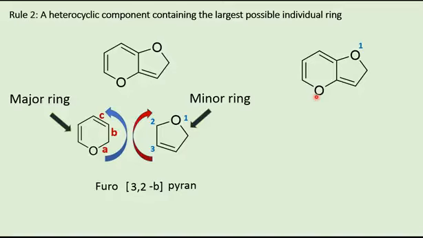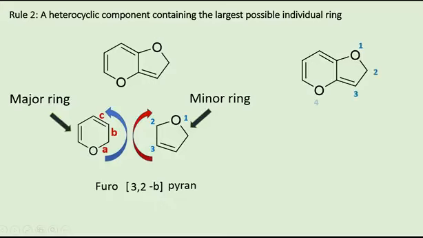If we start from here, you go in the clockwise direction. Or if you want to start from here, you move in the anti-clockwise direction. But never move towards the quaternary carbon. Starting from here and moving on to the quaternary carbon is not correct. If you start from here, you should move in this direction, but you should not move in this direction. So if you start from this oxygen,